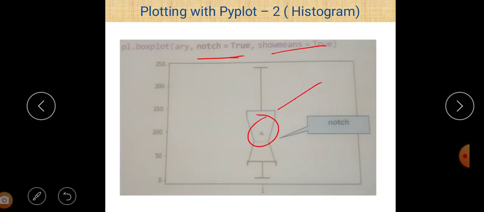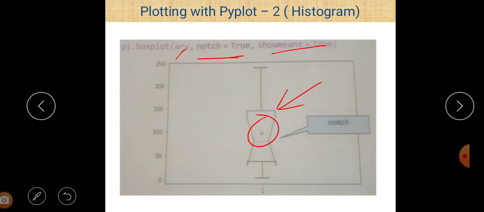So the representation is not in the form of a simple box here. ARY is compulsory to give when we want to plot a box plot, because this is the collection of the data set. Without the data we are not able to plot a box plot here.